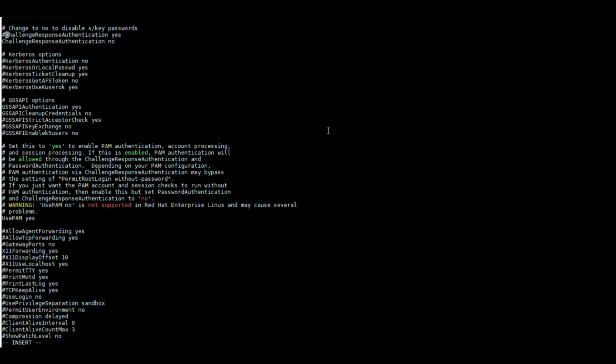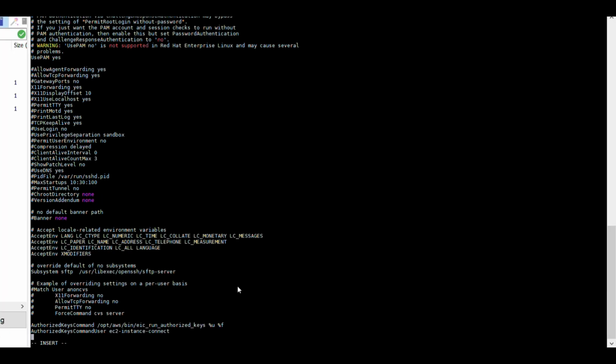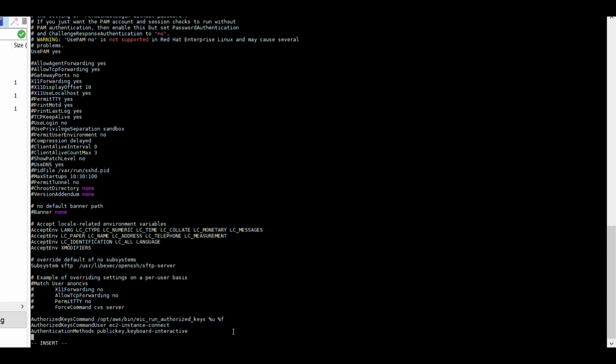Let us update the SSHD configuration file. We will uncomment challenge response authentication which says yes and comment the one that says no. Finally, at the end, let's update the SSHD configuration file to ask for the SSH key and also the verification code. Let's save the file.